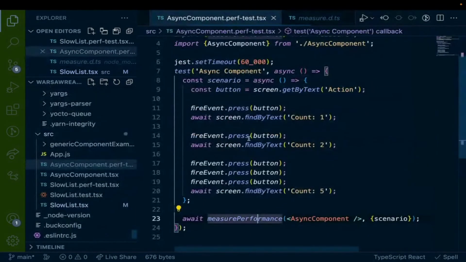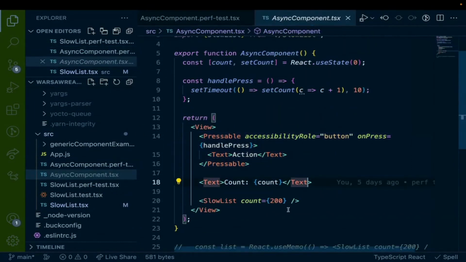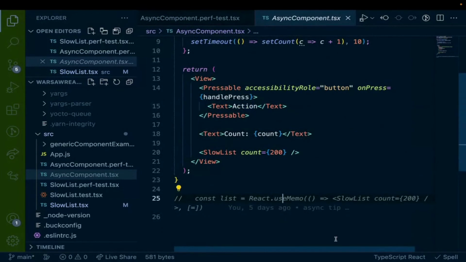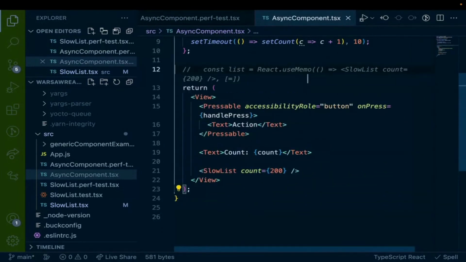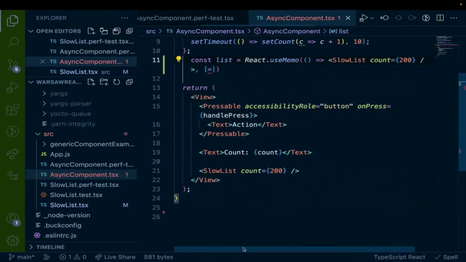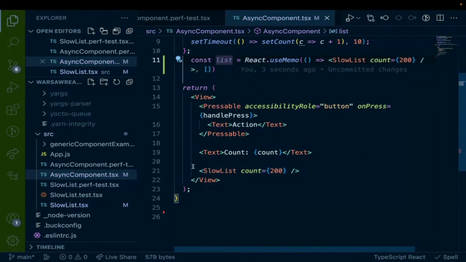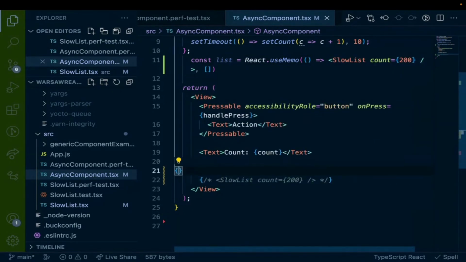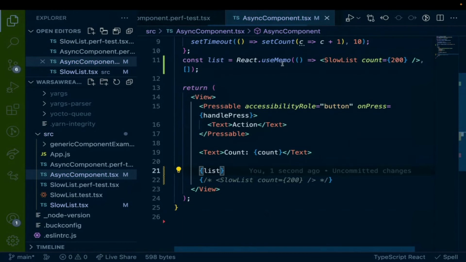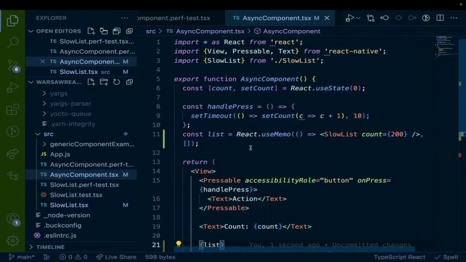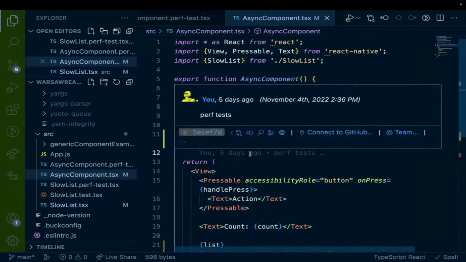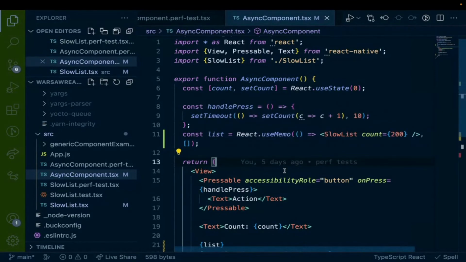Okay, so if I were to change this component, and I actually have this commented out here, the change in the right direction, I could just memoize the child here. I can say, don't render this list like that, just use the latest reference that useMemo provided.